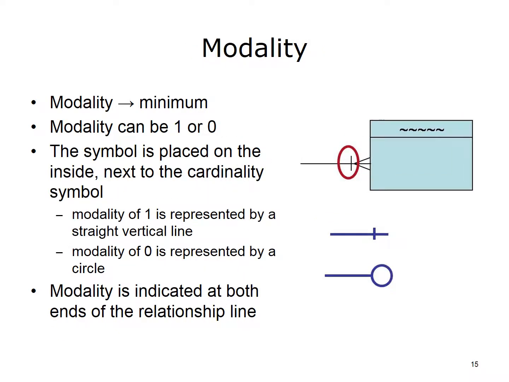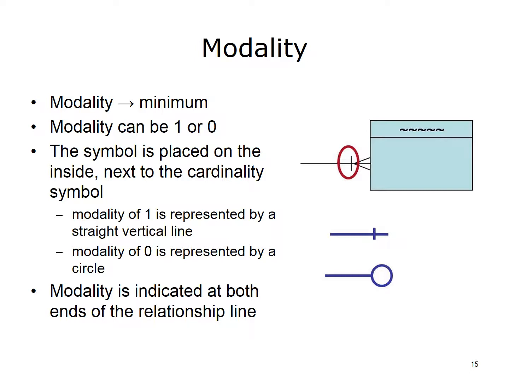Modality indicates the minimum number of times an instance in one entity can be associated with an instance in the related entity. Modality can have the values of 0 or 1. 2 or 3 are not allowed. The modality symbol is located next to the cardinality symbol, on the inside of, i.e., not next to the entity